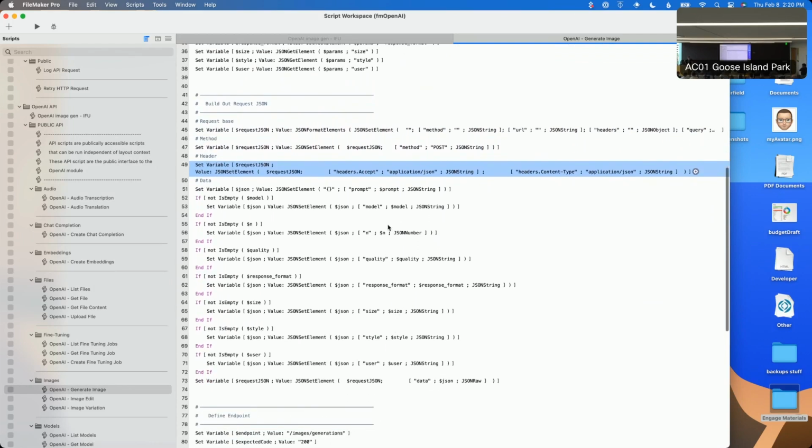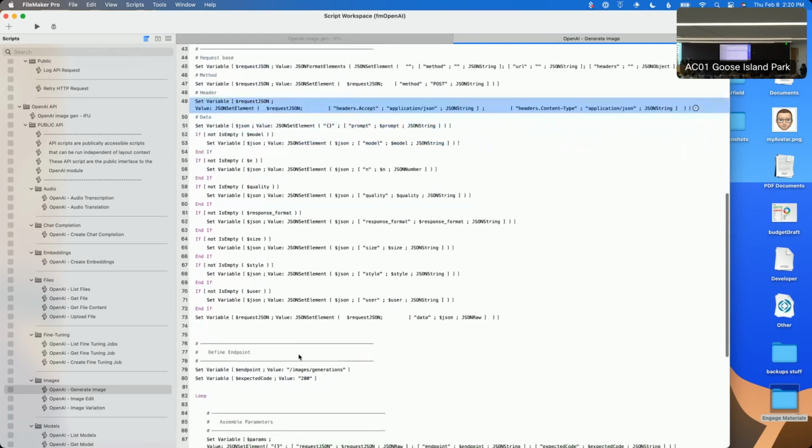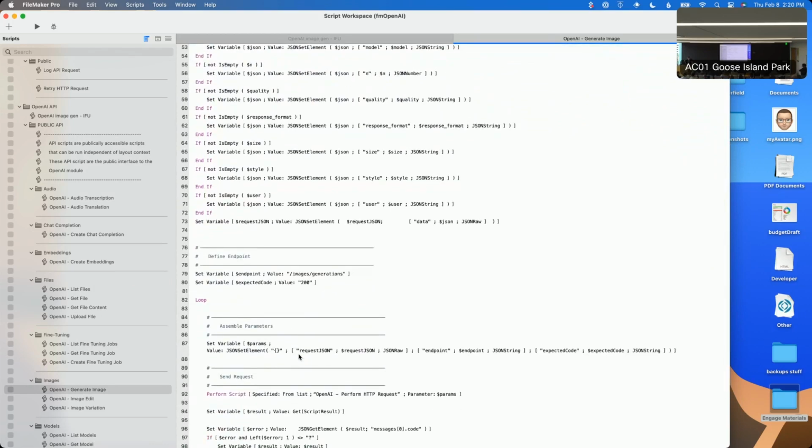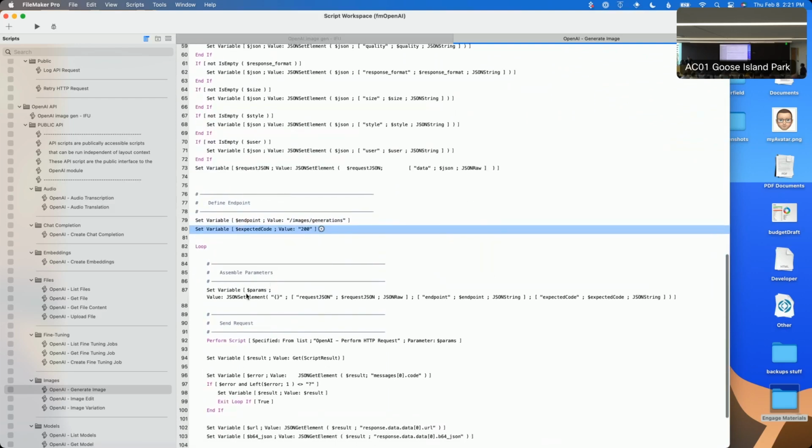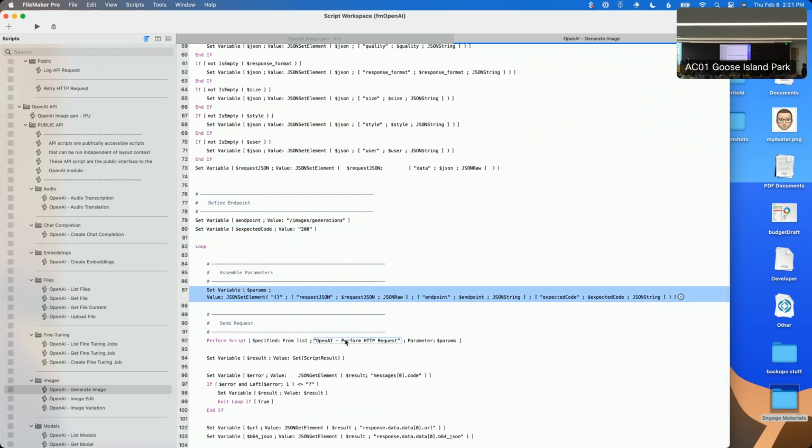And in the case of OpenAI, I only want to send the values that are required or that are actually passed in. So I've gone ahead and broken those out into only setting them if they're actually there. I define my endpoint. I define the expected status code that I expect to get back from this. That gets bundled up and gets passed over to